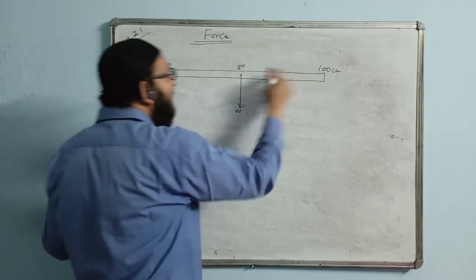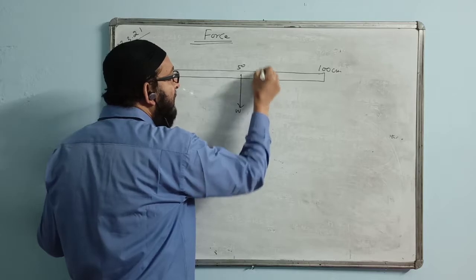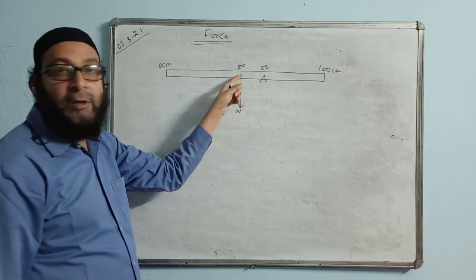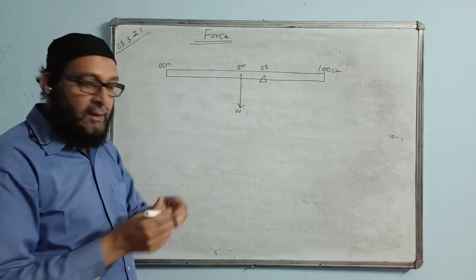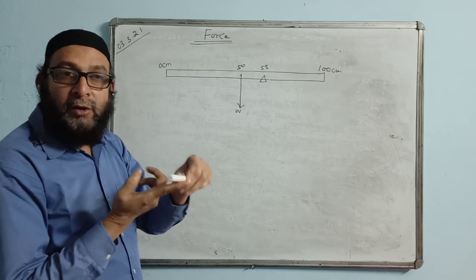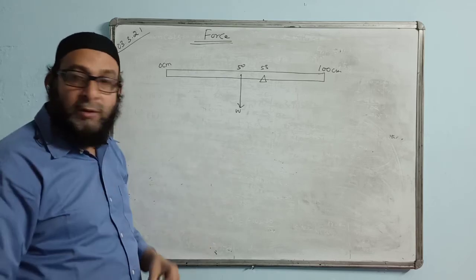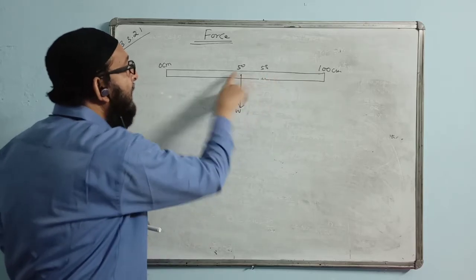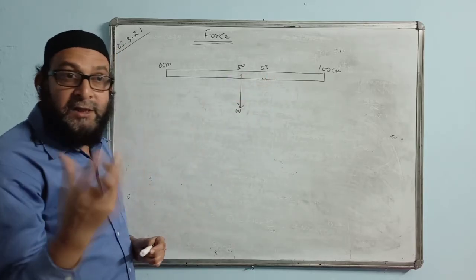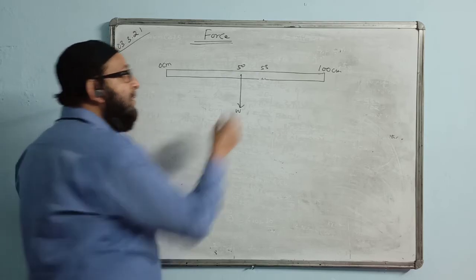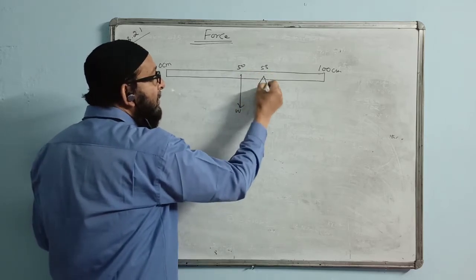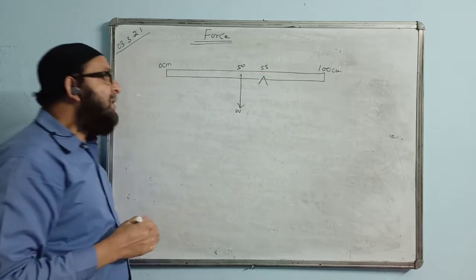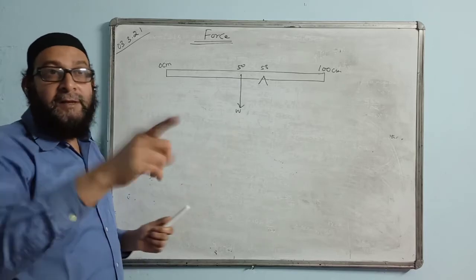And this one is balancing at the 58 centimeter mark. The rule will balance at 50 if you don't use any weight. At this point only it will balance, because last time I told you that it is the point about which the body remains horizontal due to its own weight. You don't have to use any extra weight. But we are using a weight of 20 gf at one end. That means this pivoted point will shift, and they are saying the pivoted point is at 58.